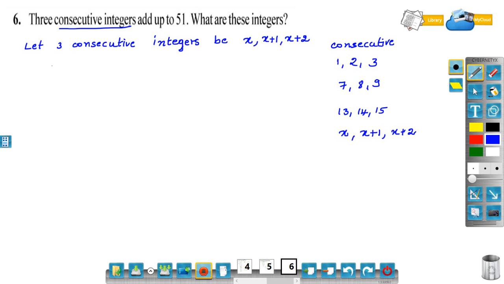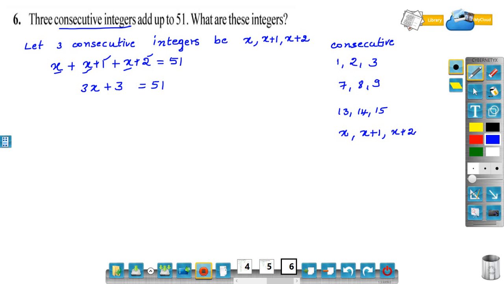Now they add up to 51. Their sum is 51. x plus x plus 1 plus x plus 2 is equal to 51. Sum of the three consecutive integers is 51. Now simplify the LHS. See, there are like terms x, x, x. 1x, 1x, 1x is 3x, plus 1 plus 2 is 3, is equal to 51. Now you can solve this equation